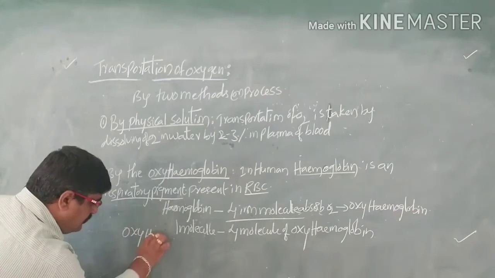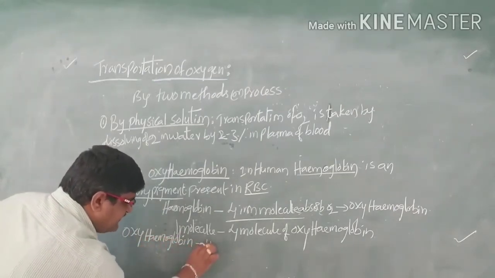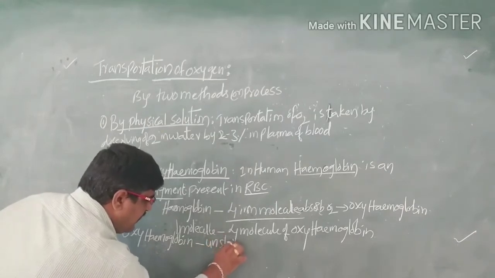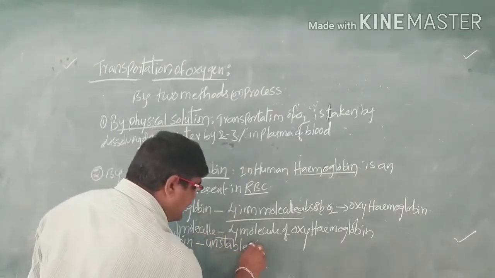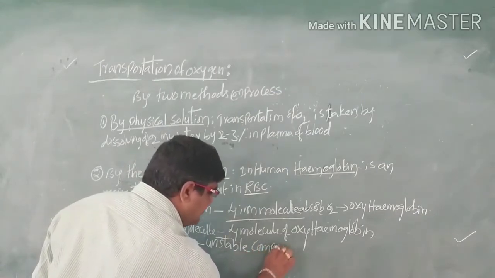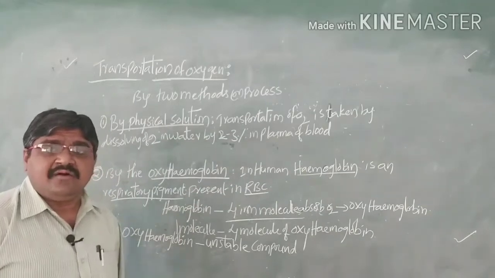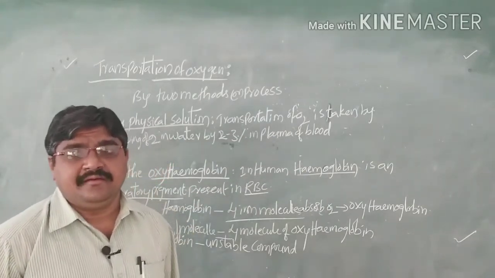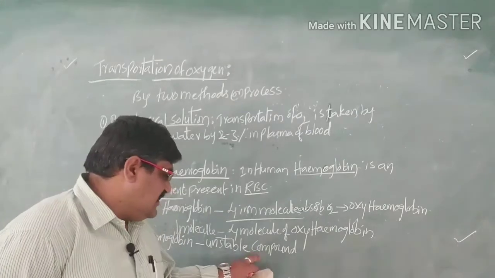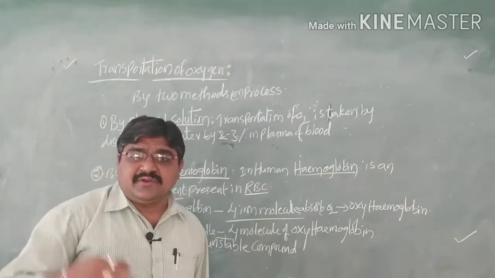Oxyhemoglobin is an unstable compound. That means it can be easily dissociated into oxygen plus hemoglobin. When it is transported to the cells,